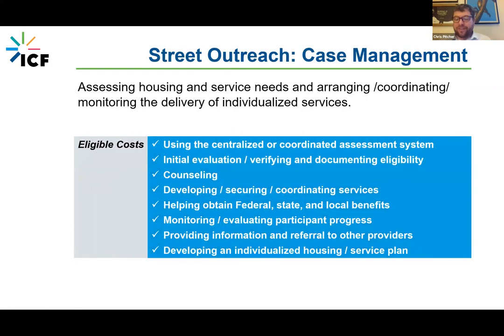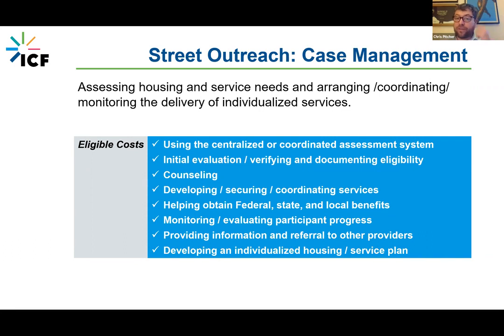Case management is also critical to street outreach. Accessing a case management service for someone experiencing unsheltered homelessness is critical to engaging them in a conversation to get folks into housing. One of the things that we've seen street outreach evolve to in recent years is we used to have a really big focus on keeping folks safe and helping them survive on the street. We're really seeing a lot of street outreach programs, specifically the ESG-CV program, focused on housing-focused street outreach to get folks into housing. That's the thing that will end their street homelessness.